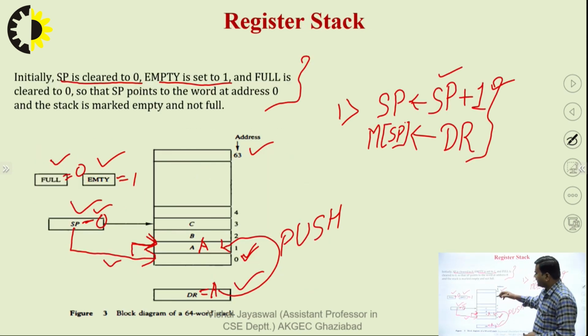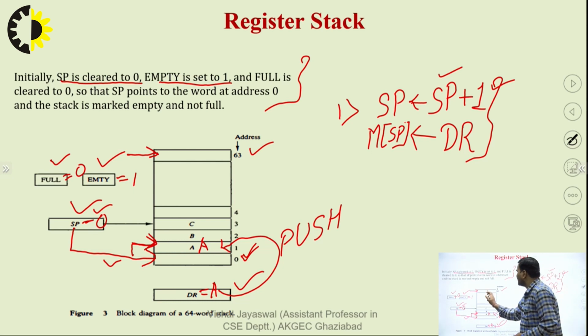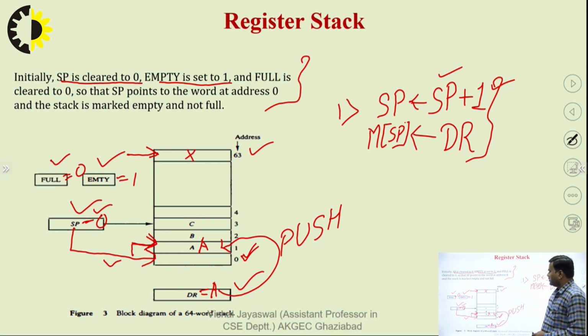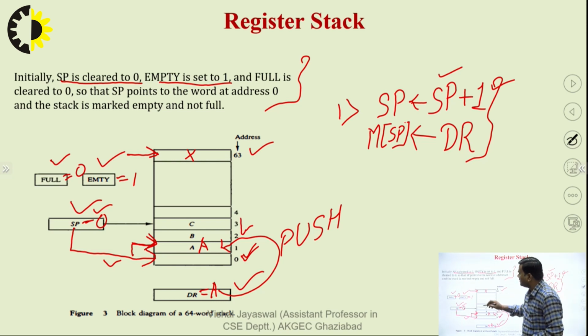Let's say that our stack pointer points at this location, and here we assume that some value, x. If we want to perform the push operation at this stage, where at address 63 our value is x in the stack and the stack pointer is pointing at the 63 location,